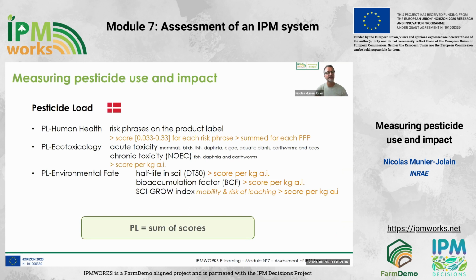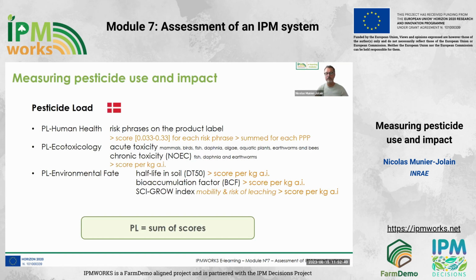The third indicator presented today is the Danish pesticide load. This pesticide load is divided into three components. The first component is the pesticide load regarding human health, which is based on risk phrases on the product label. The indicator is producing a score for each risk phrase, and those scores are summed for each plant protection product that is applied. The second component is called the pesticide load for ecotoxicology, is considering acute toxicity for a range